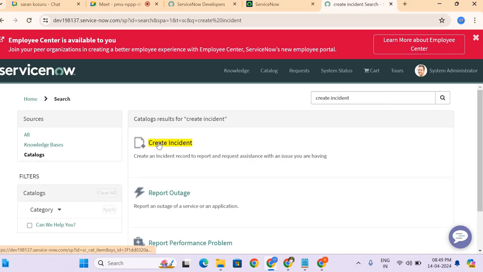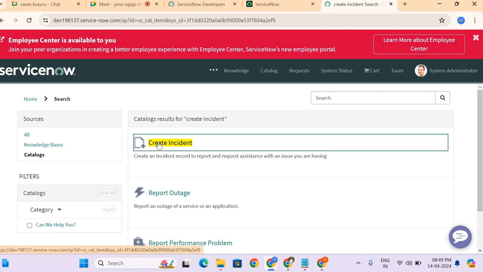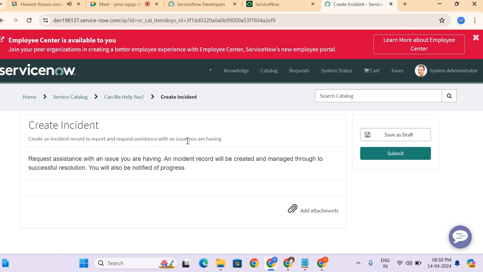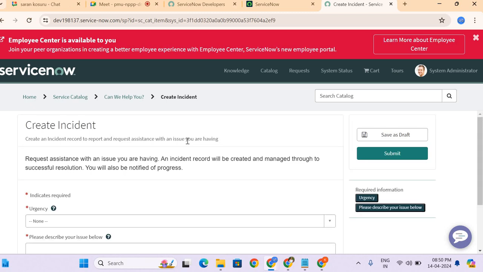So I have a record producer called create incident. Whenever I submit this particular catalog item, it creates a record in the incident table, because the end users don't have the access in order to go into the native UI and create the incident. So rather they have the access for the portal.